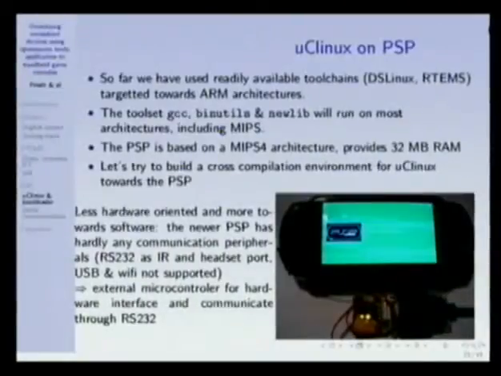So by learning how to use these things, in the beginning it's a little bit more difficult than buying a ready-made tool from a vendor. But once you learn to do this, you're no longer limited by what hardware. You're only limited by your imagination and your ability to cross-compile a piece of software for this hardware that you've selected. Now, in this case, we have a MIPS 4 architecture with 32 megabytes of RAM, which is much more comfortable